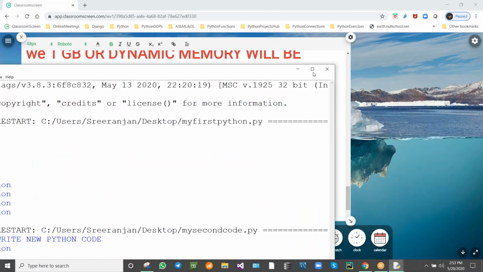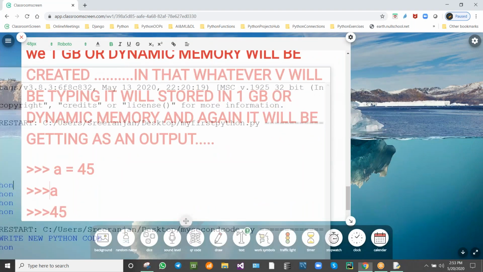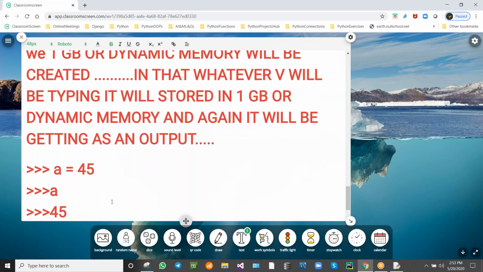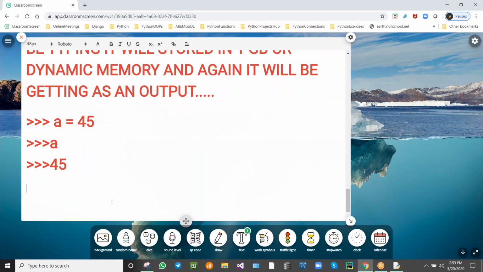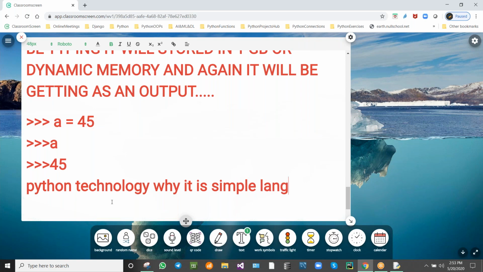Practice this program today and come back. Tomorrow we're going to discuss the technology behind Python. Why is it a simple language with simple coding?